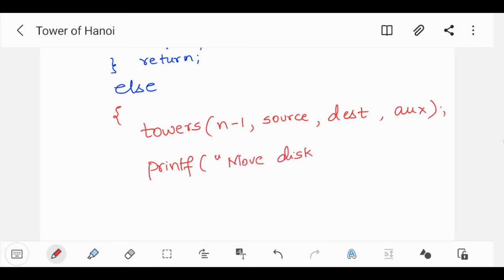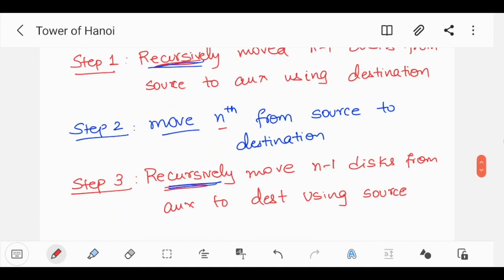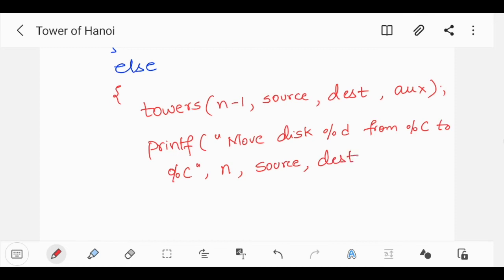disk. What did I say? I said move the nth disk, right? So let's go back. I said move nth disk from the source to destination, right? So let's put that as %d from %c to %c, right? So let's put values for all these placeholders. So this is n, source, destination. Yeah. After I have the printf statement, it's again one more call to towers, which is basically my third